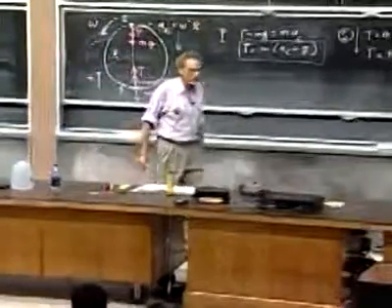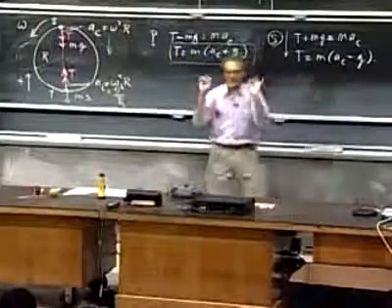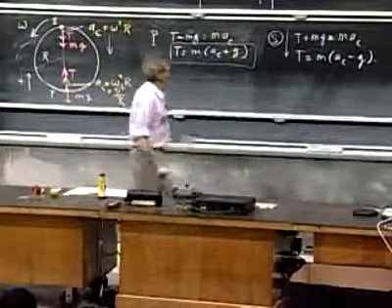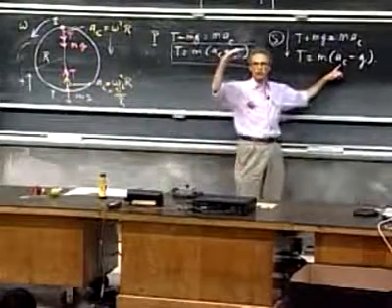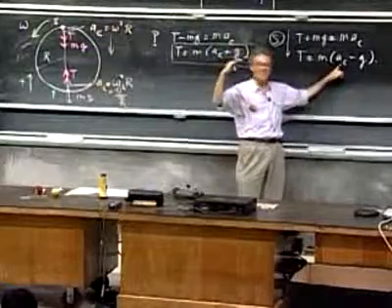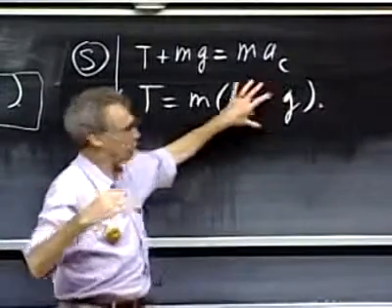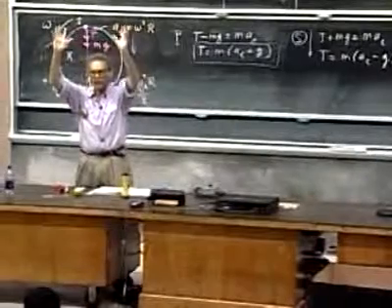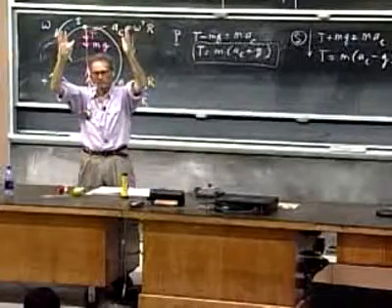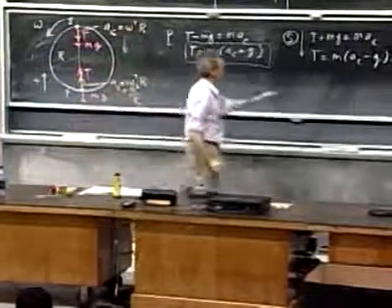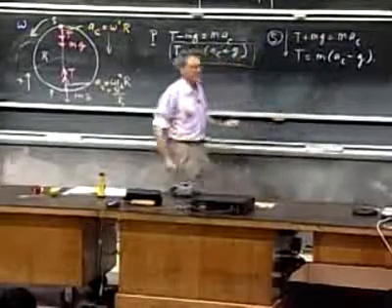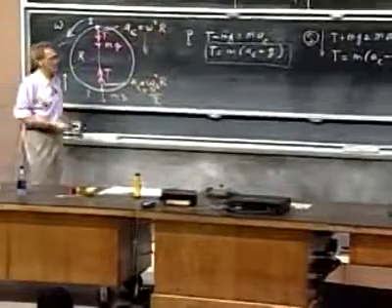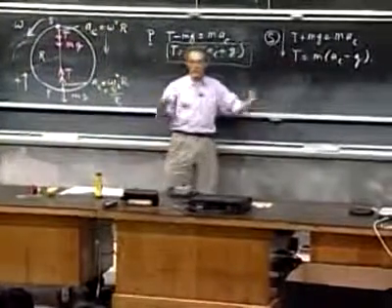Let us take the situation that a_c is exactly 10 meters per second squared. And we discussed that last time when we had the bucket of water in our hands. If a_c, the centripetal acceleration when it goes through the top, is 10, then this is 0. So the string has no tension. The string goes limp. And the bucket of water and you are weightless. If the centripetal acceleration is larger than 10, then of course the string will be tight, there will be a force on you, and whatever comes out of here will indicate your weight.